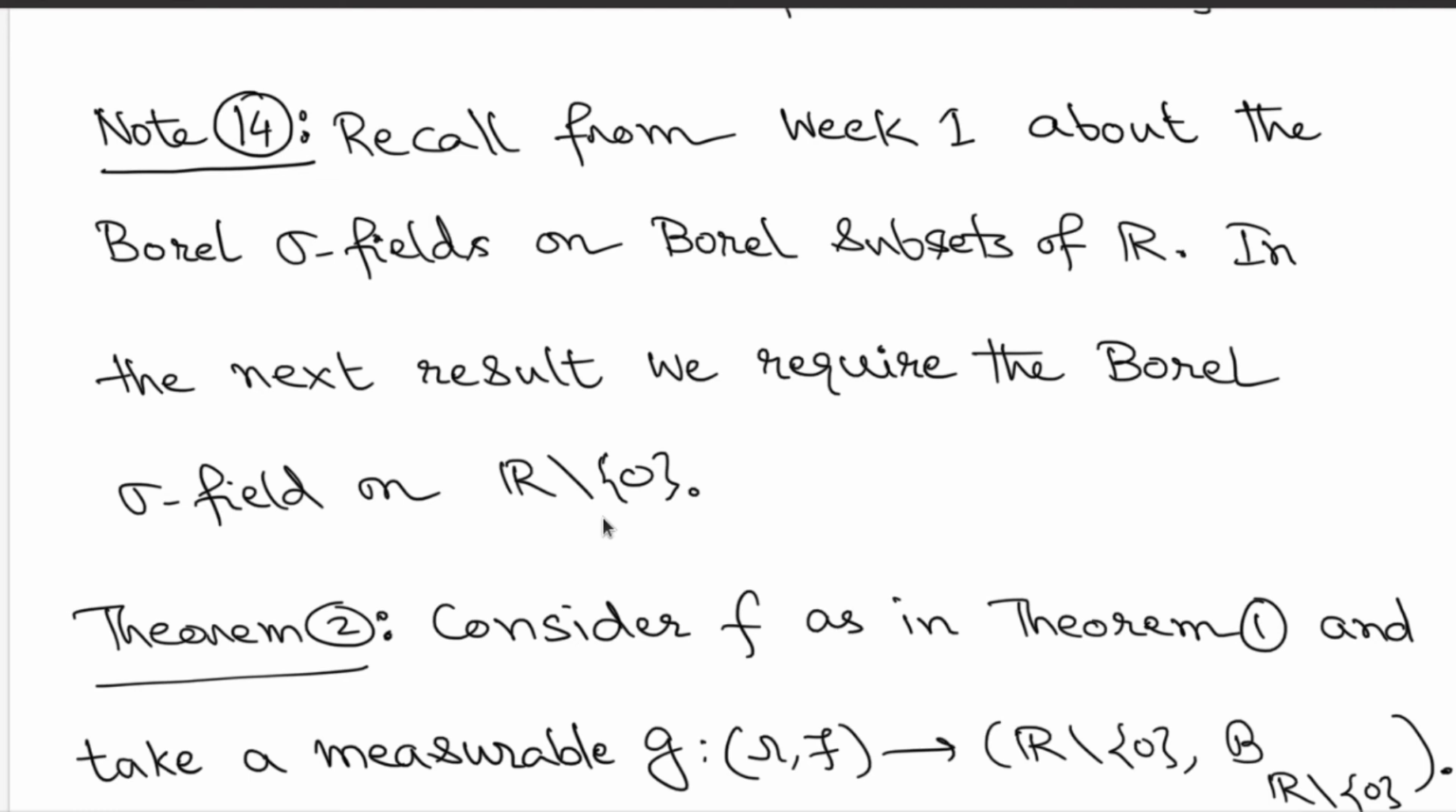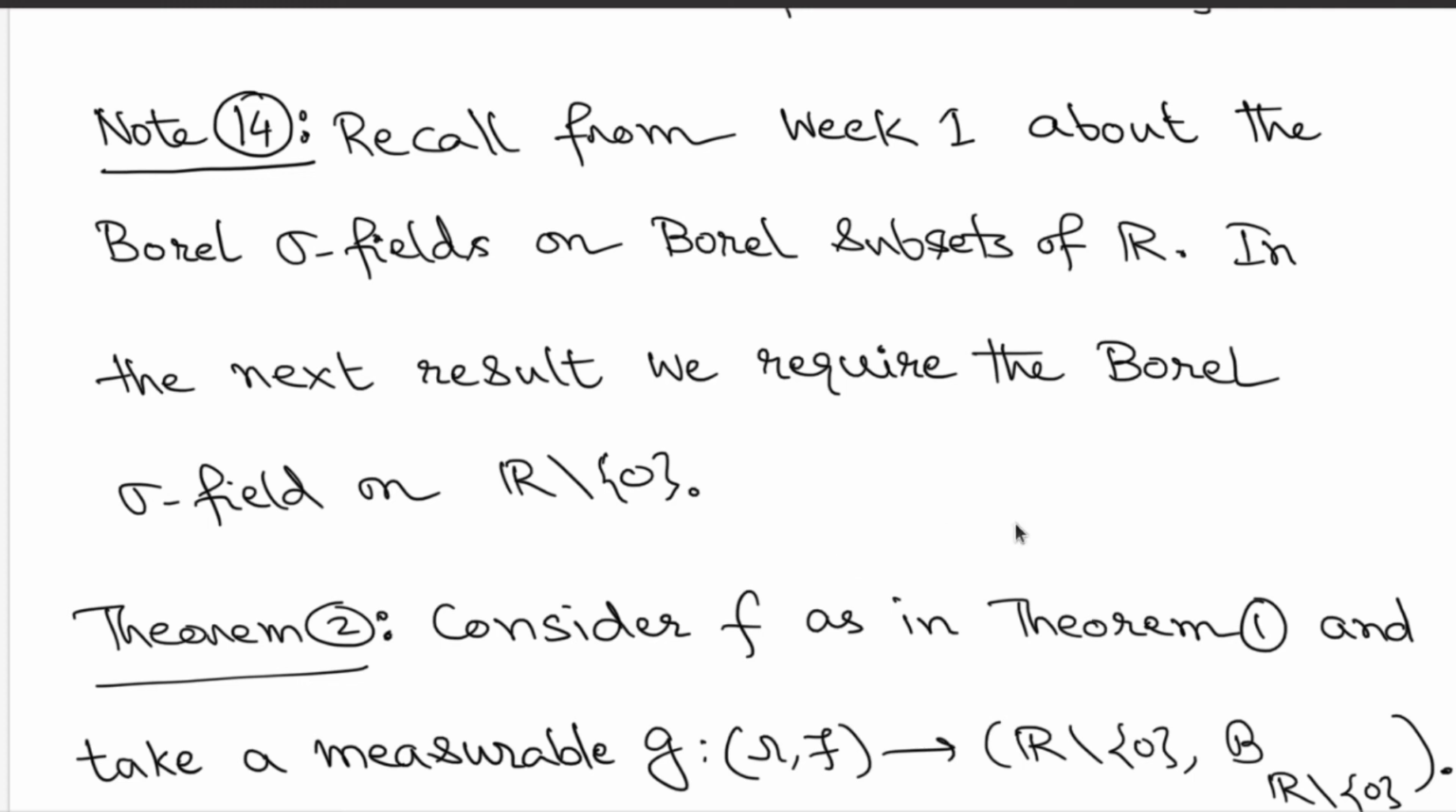Okay, so the denominator will be taking values in R minus 0. It will not take the value 0. So whenever you talk about the range as R minus 0, you have to talk about the appropriate sigma fields, and that was discussed earlier in week 1. R minus 0, remember, is a Borel subset. The singleton set 0 is a Borel subset, so its complement is also in the Borel sigma field. For Borel subsets we have defined the Borel sigma fields, so recall that construction there,